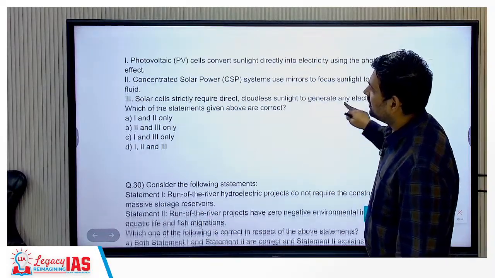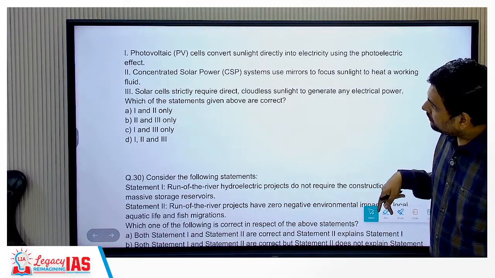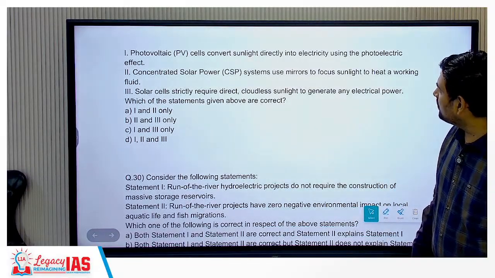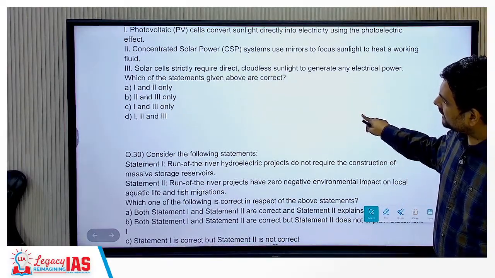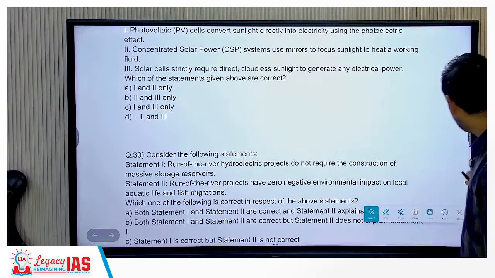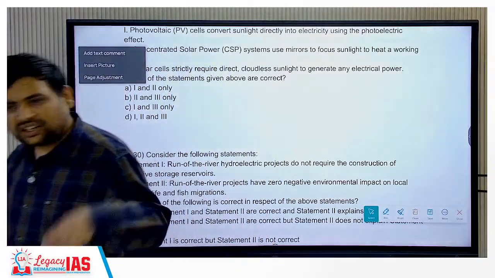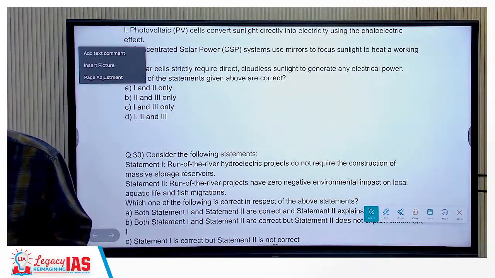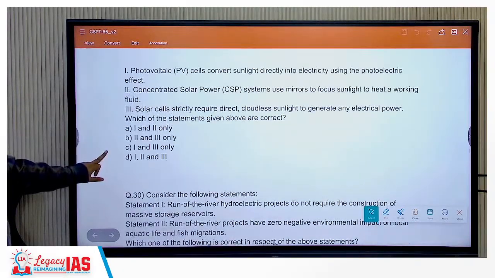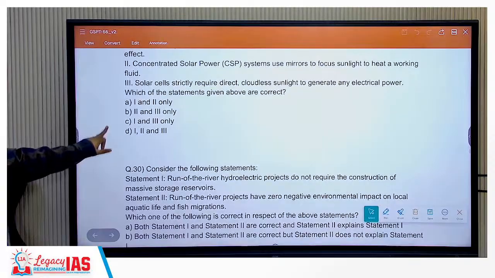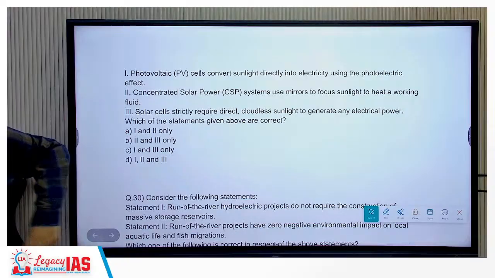Solar energy technology. PV cells convert sunlight directly into electricity. Yes. Concentrated solar power systems use mirrors to focus sunlight. Okay, this is also correct. Solar cells strictly require direct and cloudless sunlight to generate any electrical power. This is false. Correct, because even if there is scattered sunlight, if the sunlight is reaching, some amount of electricity may be produced. Of course, less in quantity. So all three of them are correct. The answer becomes 1. 1 and 2 are correct. Sorry, the third is incorrect. The answer becomes A, 1 and 2. Then